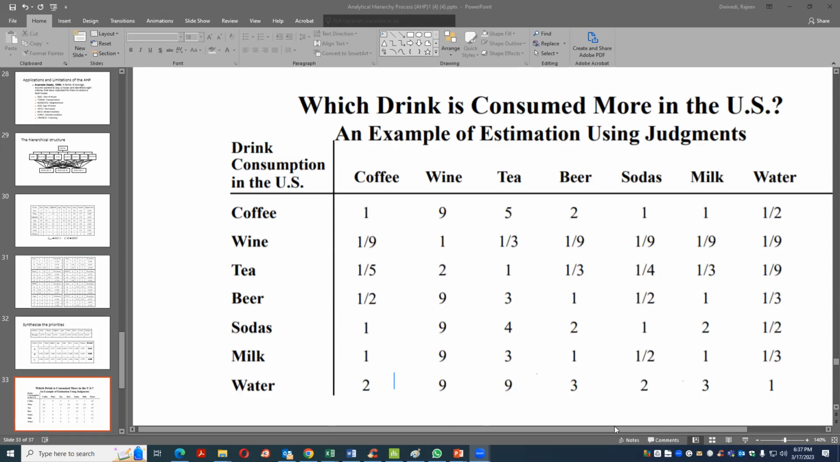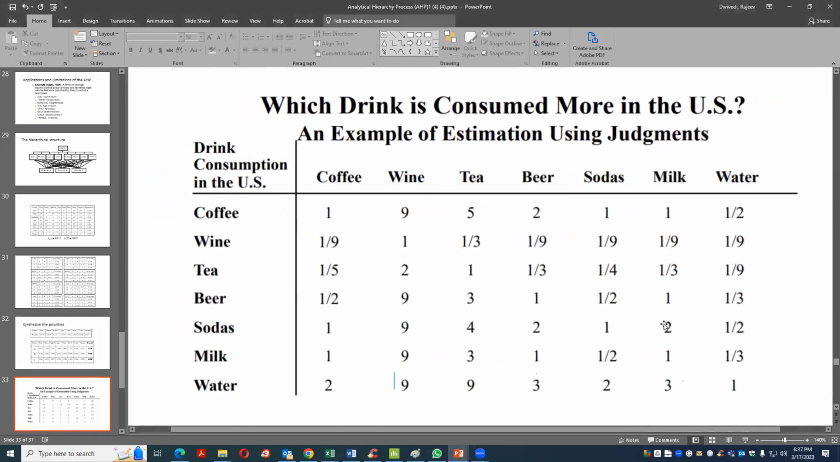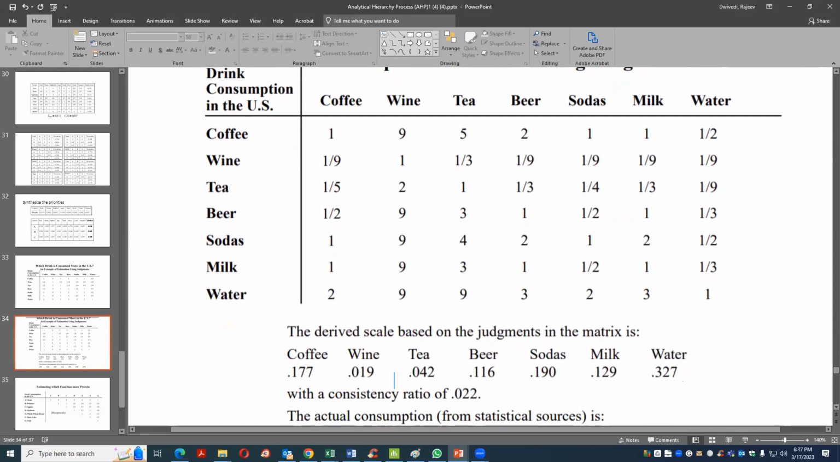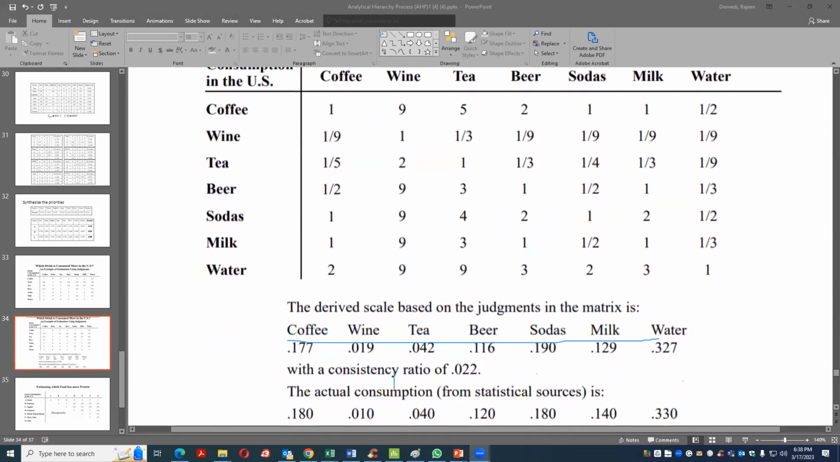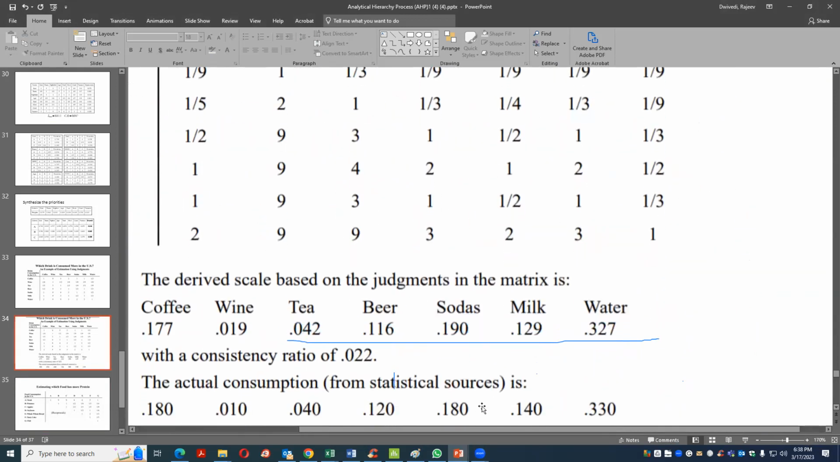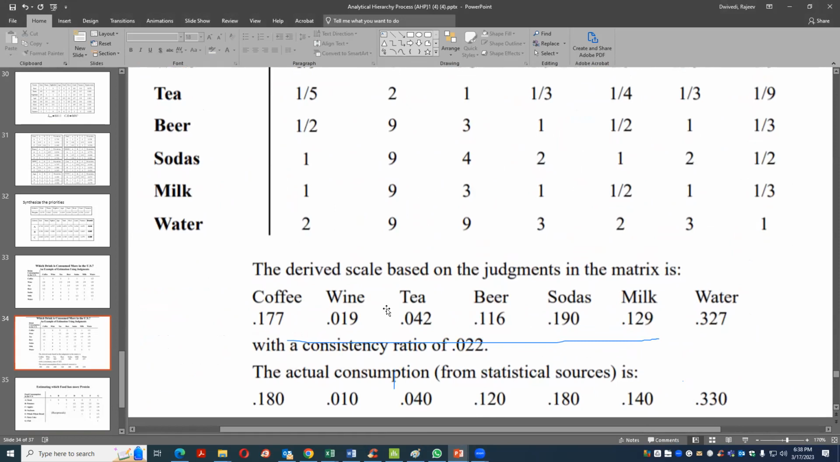So this is the pairwise matrix. And now this is the reality. So you can see the derived scale based on the judgment matrix is this. Means based on this judgment, sorry, I have to make. And now if you can see my screen, so look into that. This is based on the pairwise matrix, and this is the actual from the US